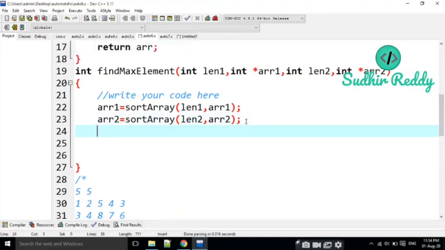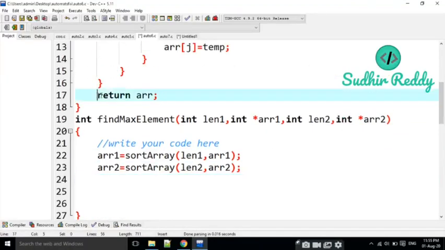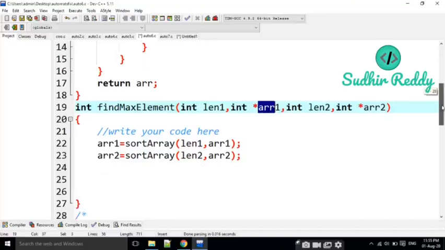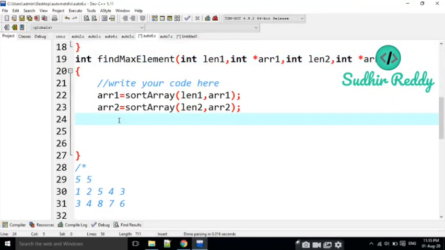Yes, I sorted all the values. Why am I writing here ARR1 is equal to? It is going to return the sorted list. That's why I am writing here ARR1 is equal to this ARR1. It is going to be modified with some ascending order values. Now I am going to check here if ARR of 1 of length 1 minus 1, that means the last value,